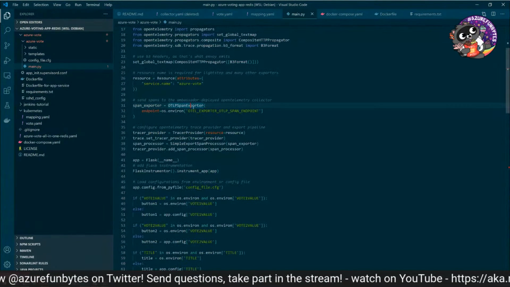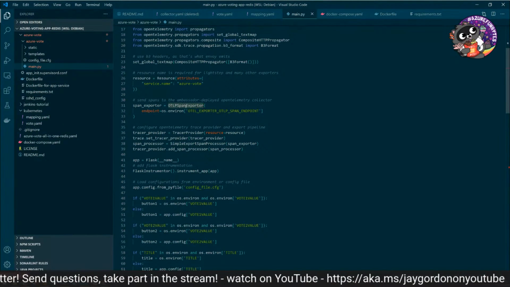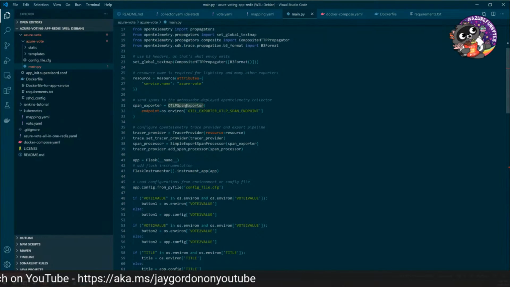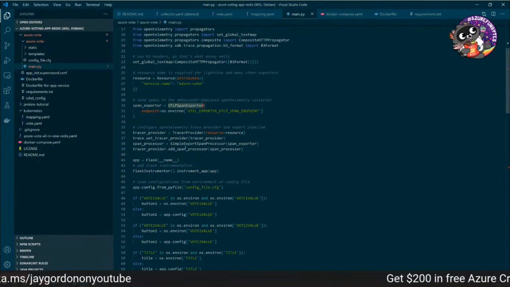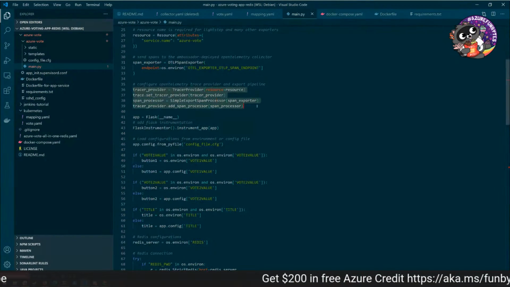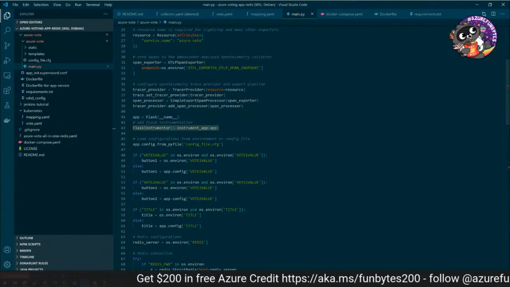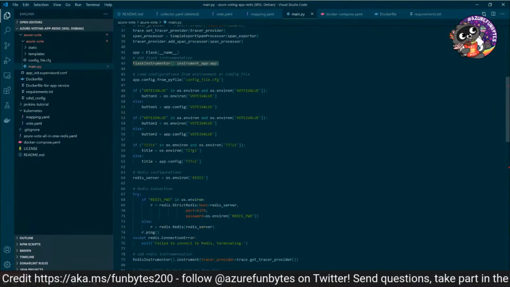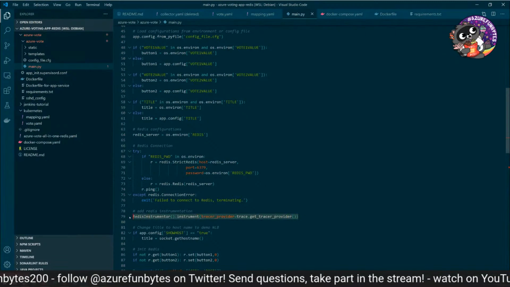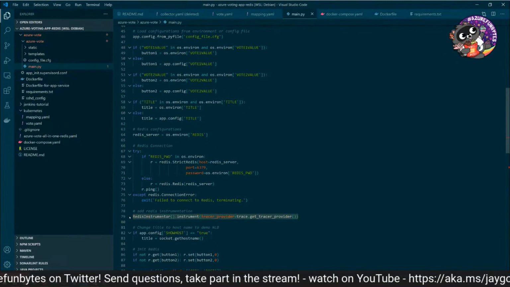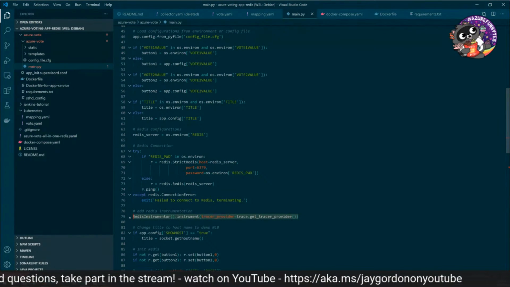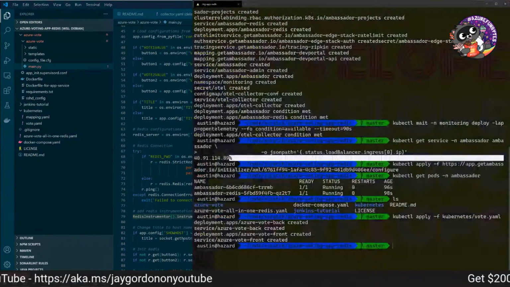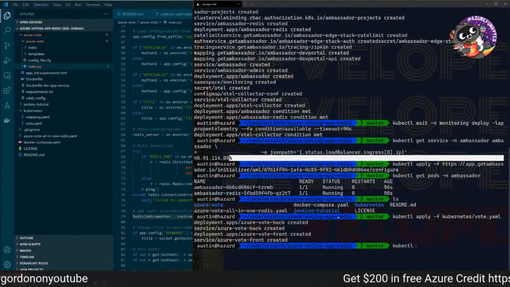We're creating a span exporter, so the traces this will generate will go to that OpenTelemetry collector we deployed as part of our K8s initializer. And then we're saying set up the tracer. And then we're adding instrumentation for Flask, because this uses Flask for its HTTP server. And we're bringing in instrumentation for Redis, because this uses the Redis library to talk to the Redis server that we ran back over here. Now we need to do one more thing, which is we need to apply...